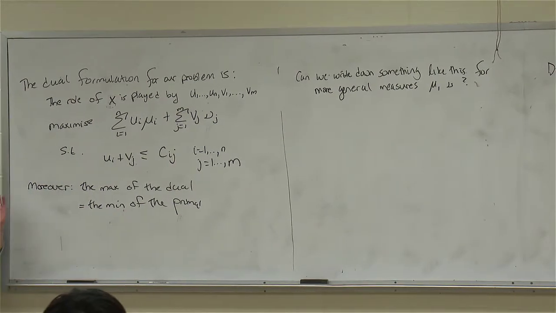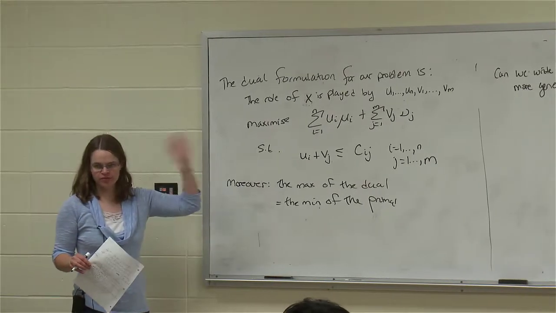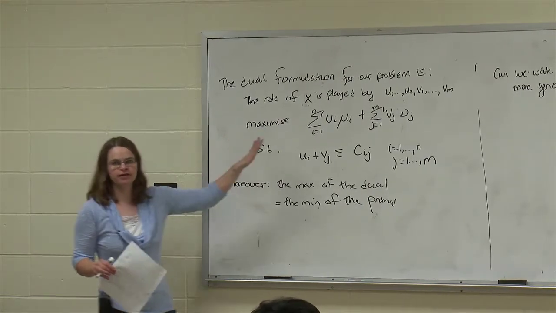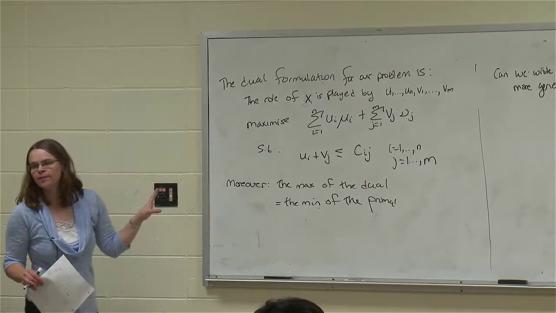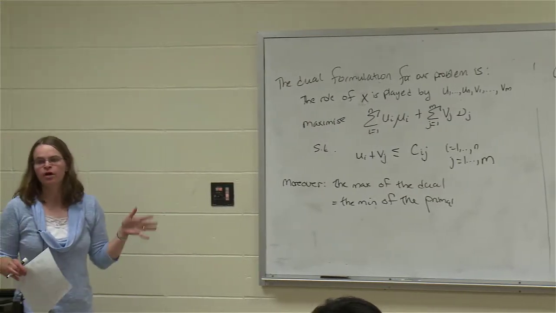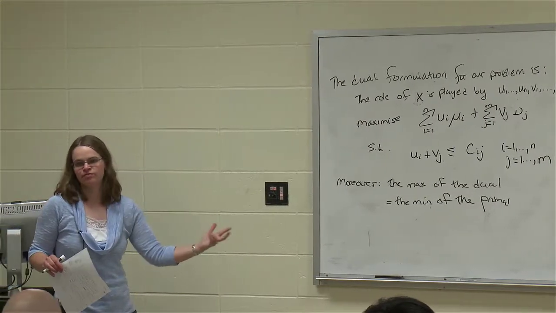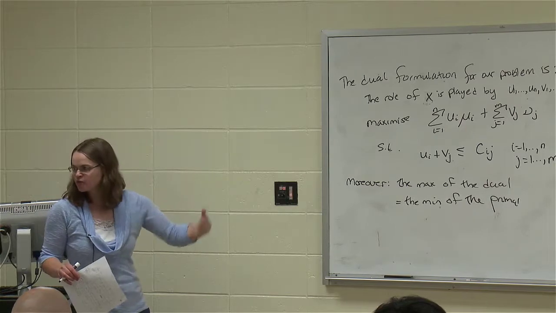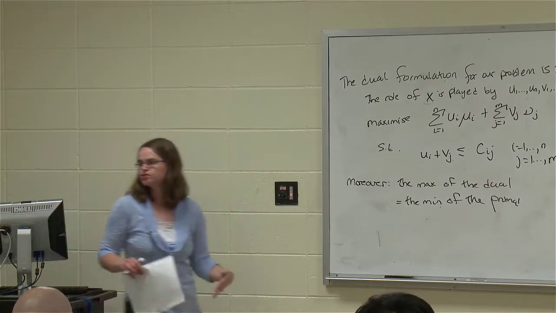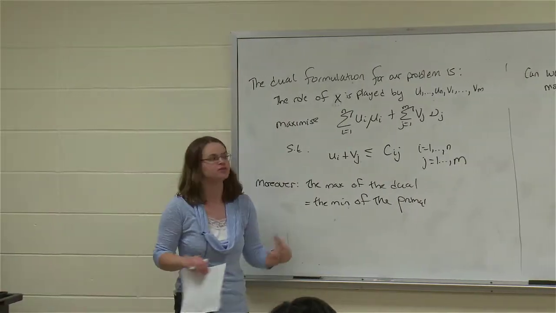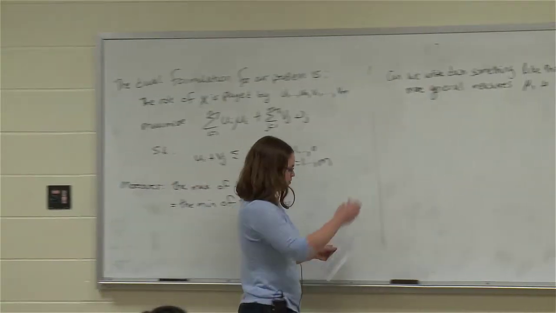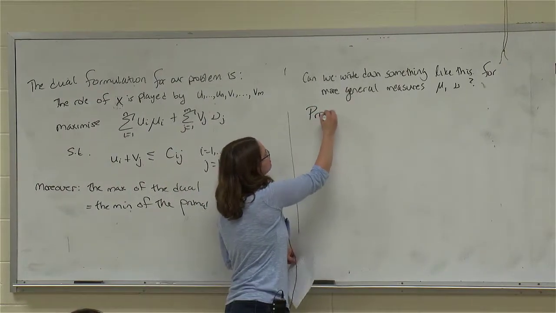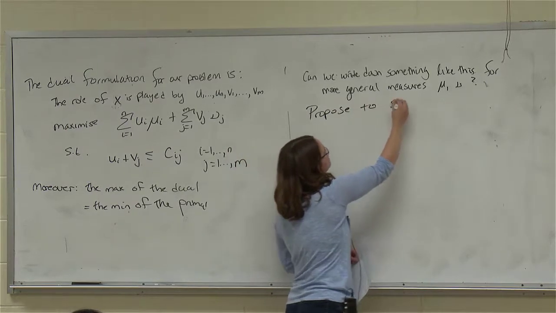What I'm going to do is start by saying what's the most obvious dumb way to try to generalize this, and write down that problem and study it. Upon first writing it down, we can't claim that it's a useful thing, but if we study it, hopefully we can start to come up with some connections to the problem that we really care about, the Kantorovich problem. So I'm going to propose to do this. Let's propose to study